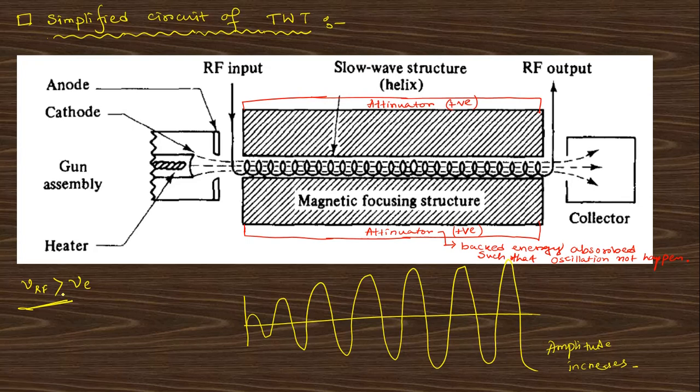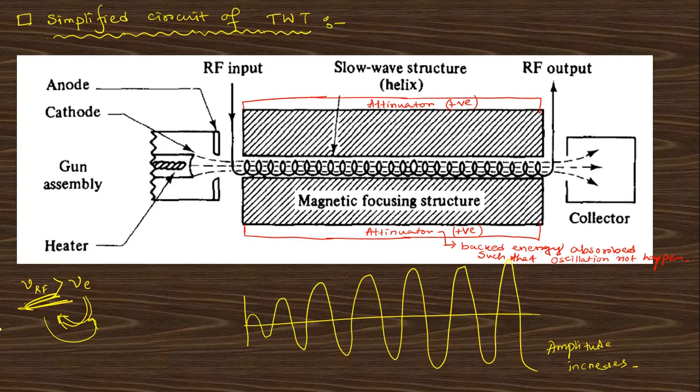So how can we interact? Either the speed of electron is enhanced, or the speed of the RF wave is reduced. So the electron speed cannot be increased enough, the electron velocity is actually controlled by the electron gun here, but this cannot be increased enough to reach the speed of light, right. So what we can do, the speed of this RF power will be reduced, but this is also not possible.